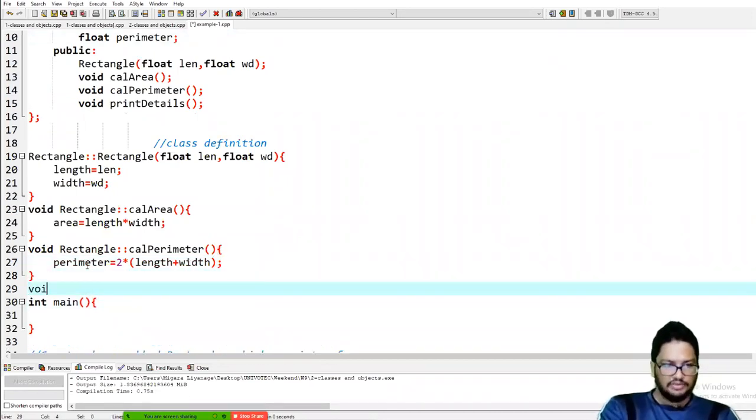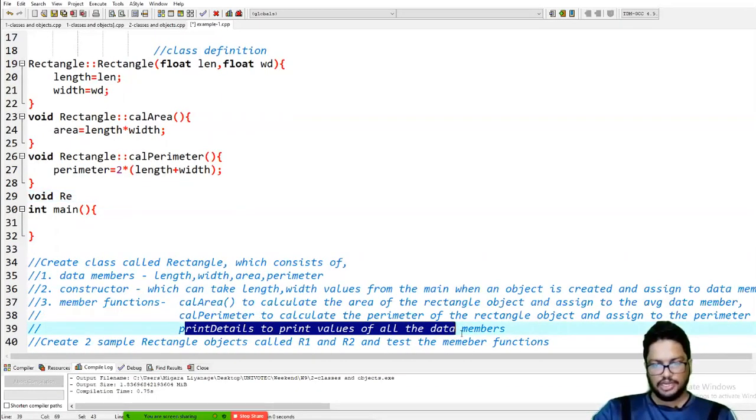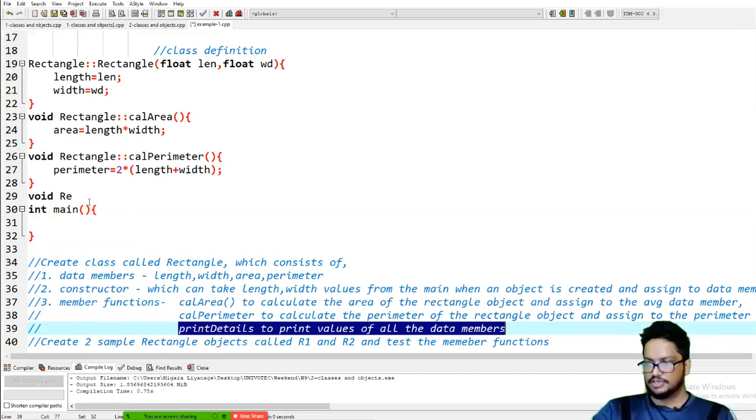So finally, void print details, to print the values of all the data members. So print details should be there to print all the values of the data members.